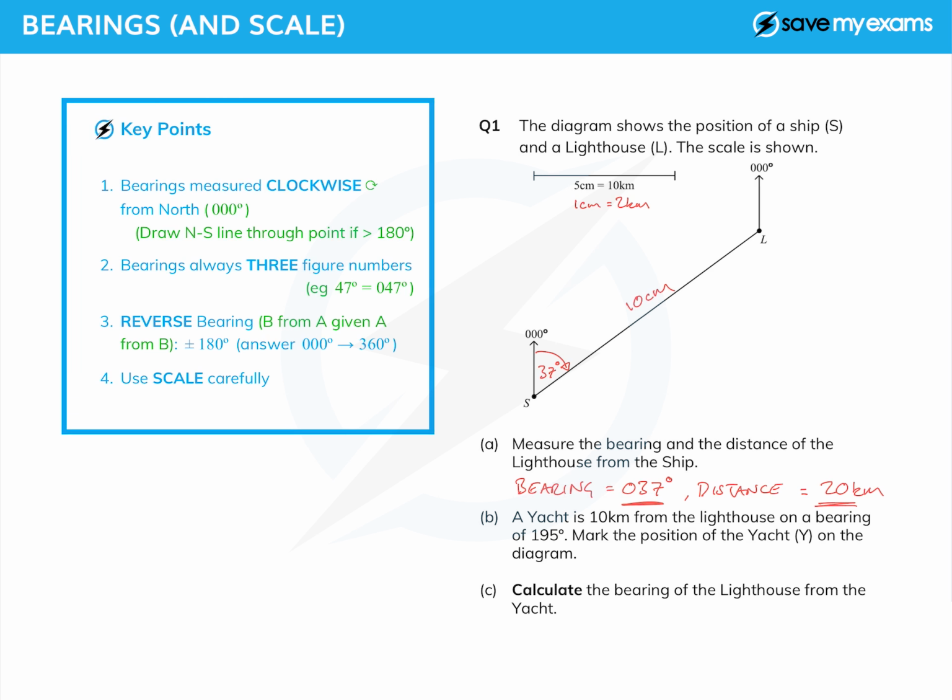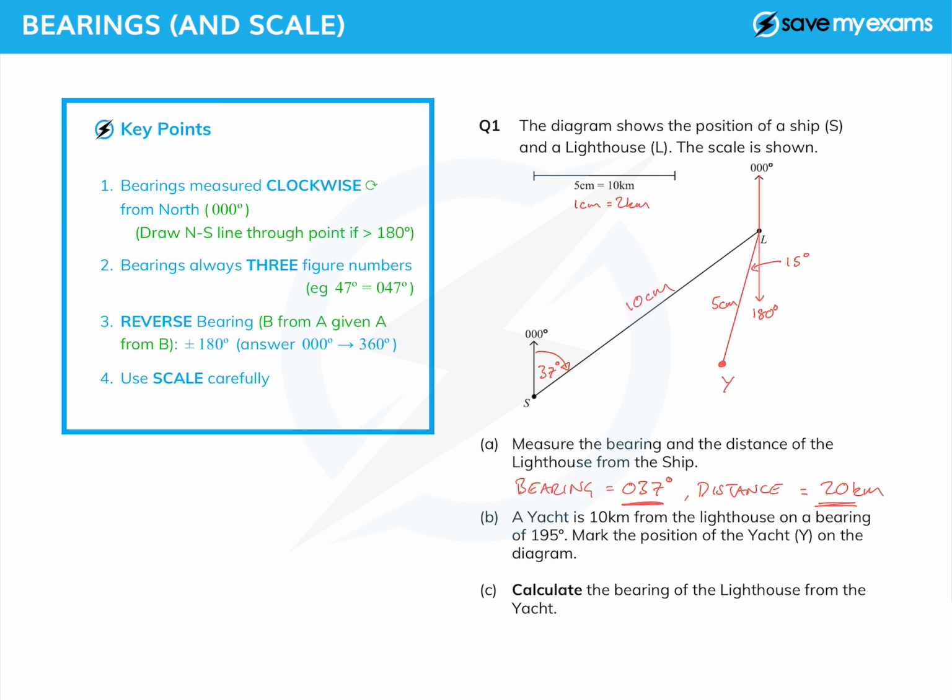195. Well, I might only have a 180 degree protractor, so I'm actually going to draw a line south from there. So I know that that is a bearing of 180 degrees, 180 degrees due south, and so actually I need a further 15 degrees. And if I measure 15 degrees and then draw a line 5 centimeters long, I get this point here, which I shall call Y, and that angle in there is 15 degrees. So I've done that. I should mark on here 5 centimeters so that I know that I've used my scale